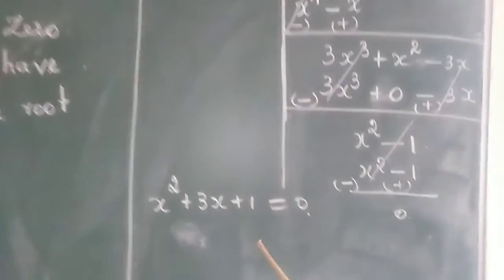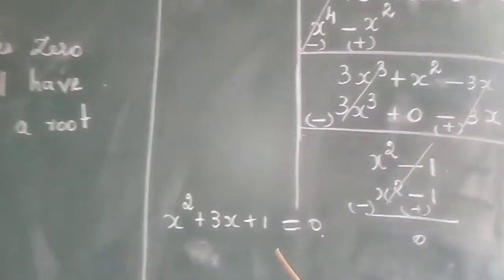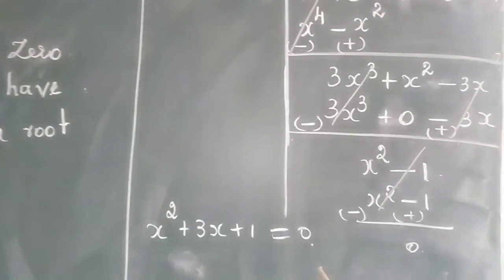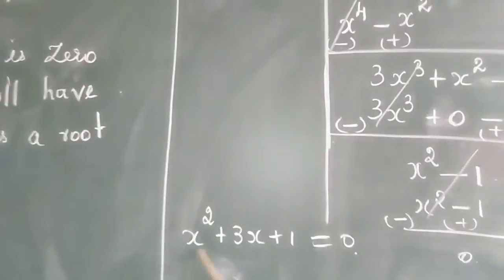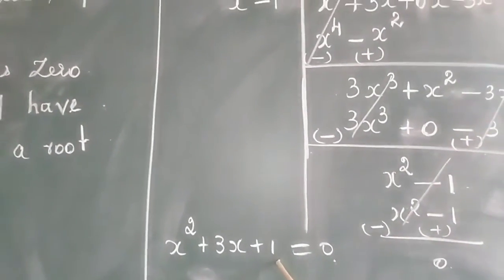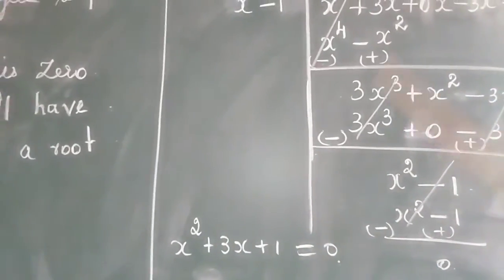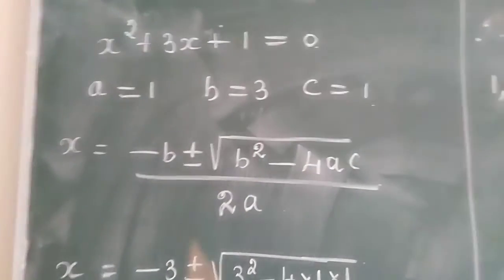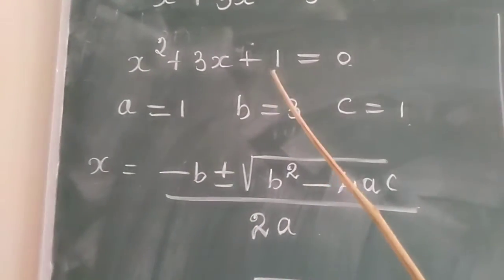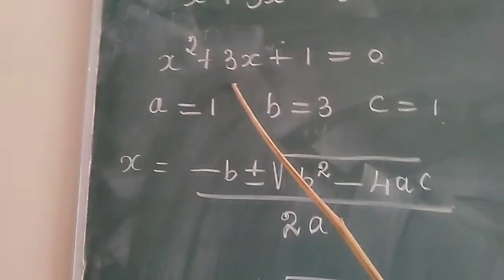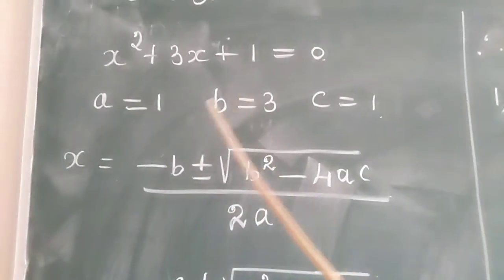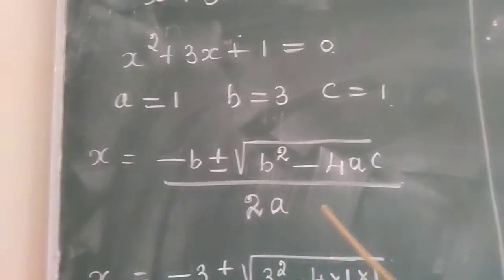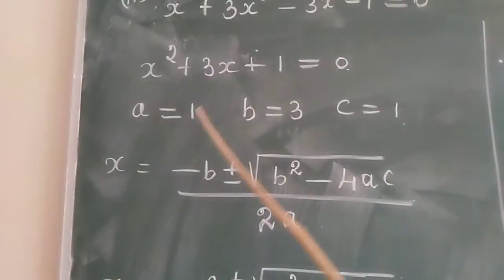In the beginning itself they have given that since the middle term is 0, we got two solutions for this equation, that is x equal to 1 and x equal to minus 1. Now by solving this quadratic equation by factorizing, we can get two more roots for the given equation. To factorize this equation, here the product is 1 and the sum is 3. So we cannot go for the factor method to factorize this quadratic equation. So we are going to use the formula. From the equation we are trying to find the values of a, b, c.